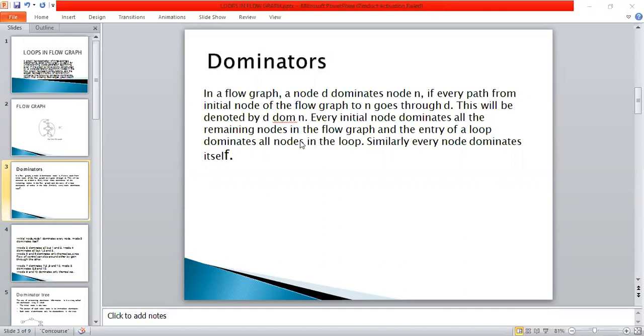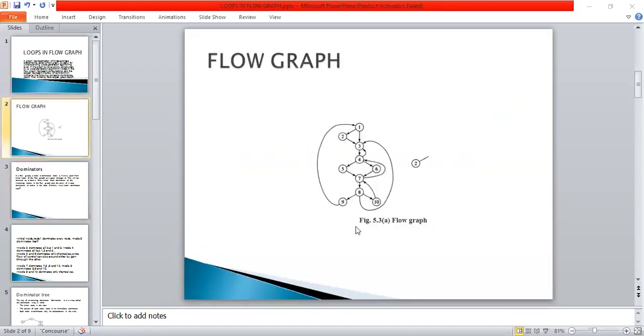So this is the definition of dominator. If the information from the root node to any other node is passed through a particular point, then that point is called a dominator. Every node dominates itself. Based on the above graph, we'll discuss who the dominators are.